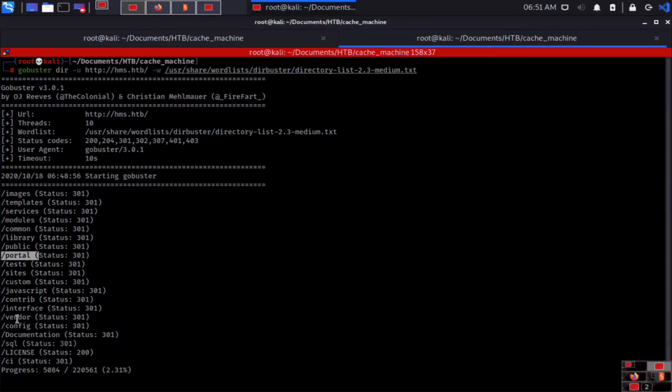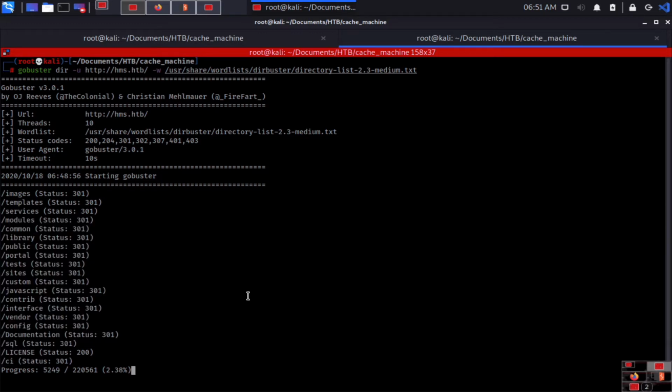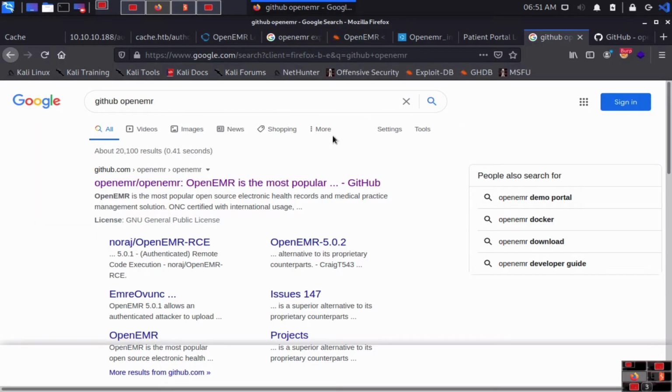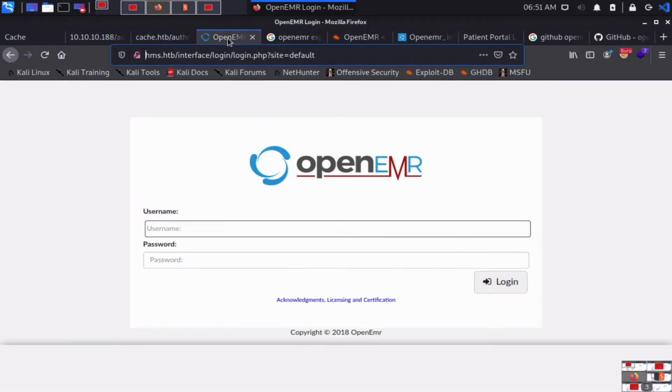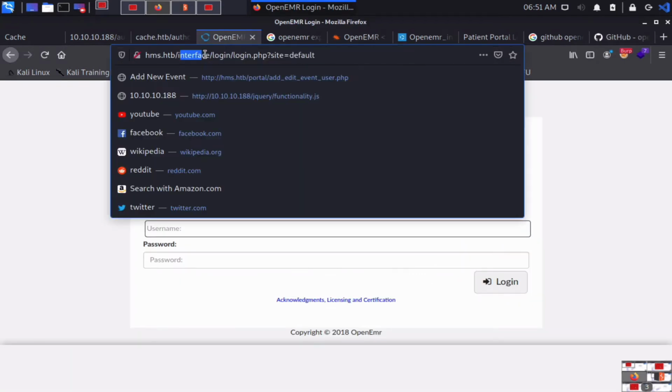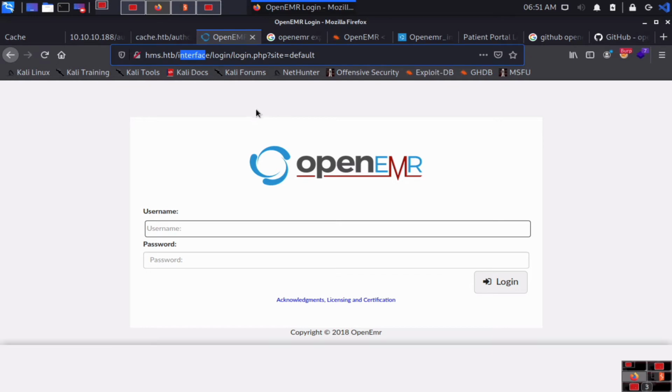Here I'm not able to see anything related to the registration. So this is one more thing, and let's go again to the browser and try to check on GitHub. If we check, this is the page, you can see we have an interface directory, which we can easily see here somewhere. Interface, here, this is the interface, right? This is a portal. Fantastic, this part we have identified.